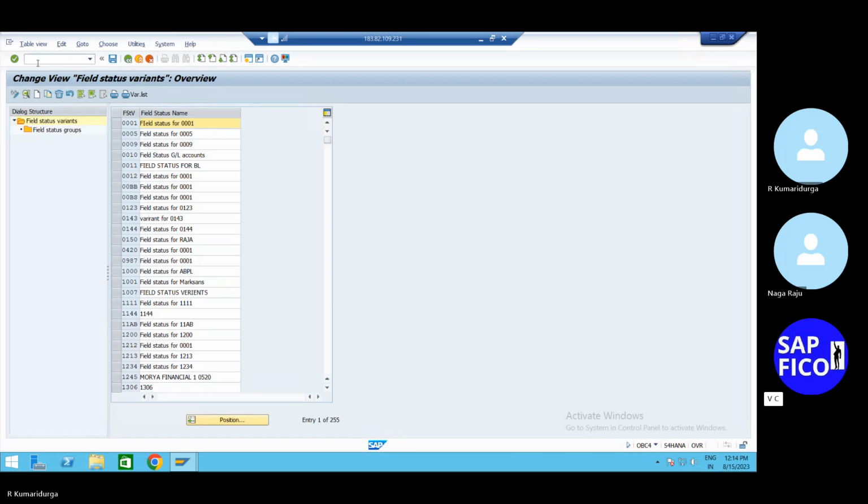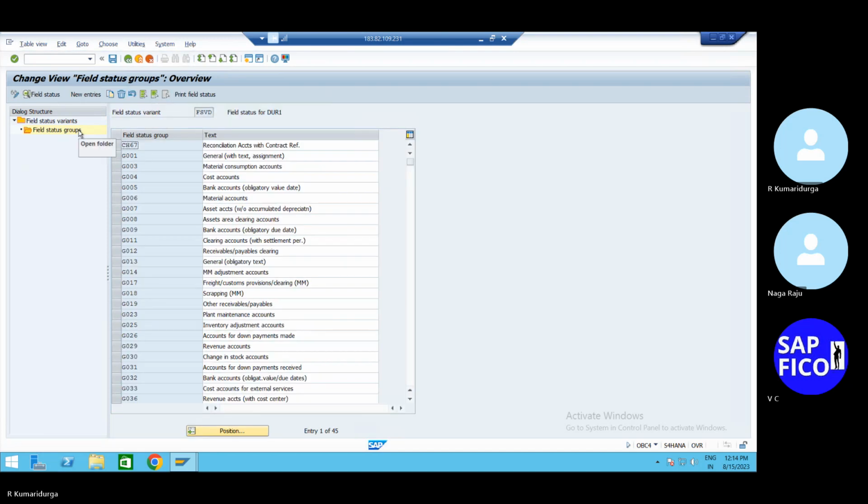Give the field status variant. Do it fast. Select this and go to the field status group and take out that Z001. Double click on this Z001